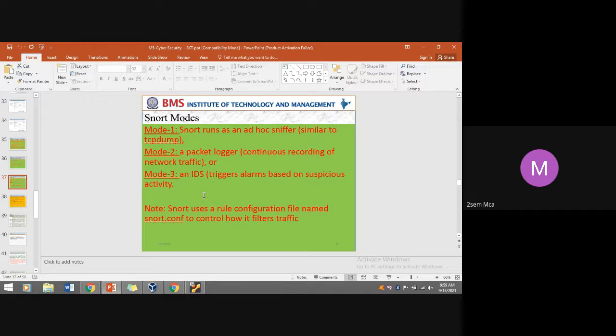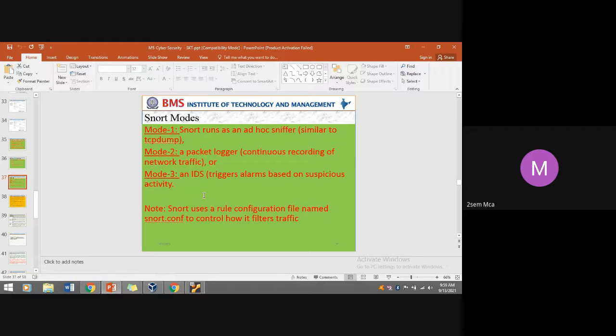Sniffer means it opens up the packet and inspects the content of the packet as well as the source and destination enumerations. So this is the one mode. Snort also acts as a sniffer. It is very similar to tcpdump. Tcpdump establishes a connection with the source and the destination, that is the targeted machine.